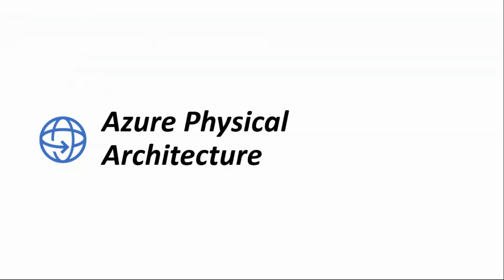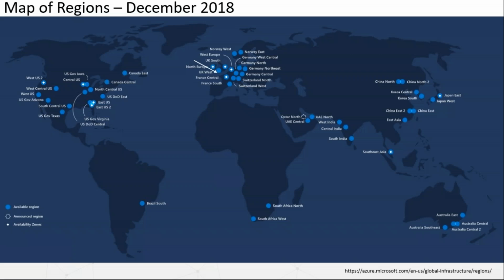So at the core of Microsoft Azure are data centers located around the world. When you use a service or create a resource, you're using physical equipment in one or more of these locations. These data centers are organized into regions. A region is a geographical area that contains at least one data center that is networked to another. And some services or features are only available in specific regions. So if you want to use those, you have to be sure to deploy that resource in a region that supports it. So here's a map of all the available regions as of December 2018.